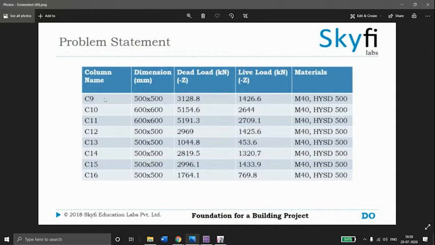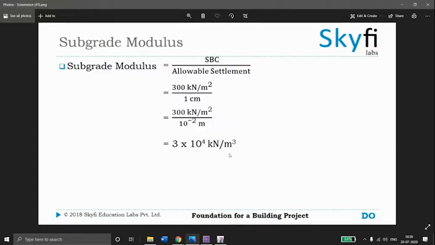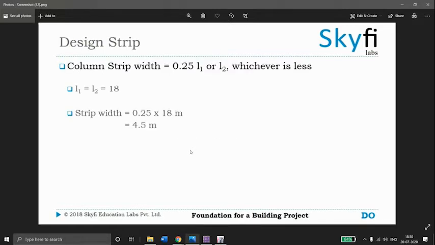Next, for the next 8 columns the data is here. Now for the subgrade modulus, the formula is safe bearing capacity divided by allowable settlement. So by calculation we get 3 into 10 power 4. Here for the column strip width, the size of the foundation is 18 meter.